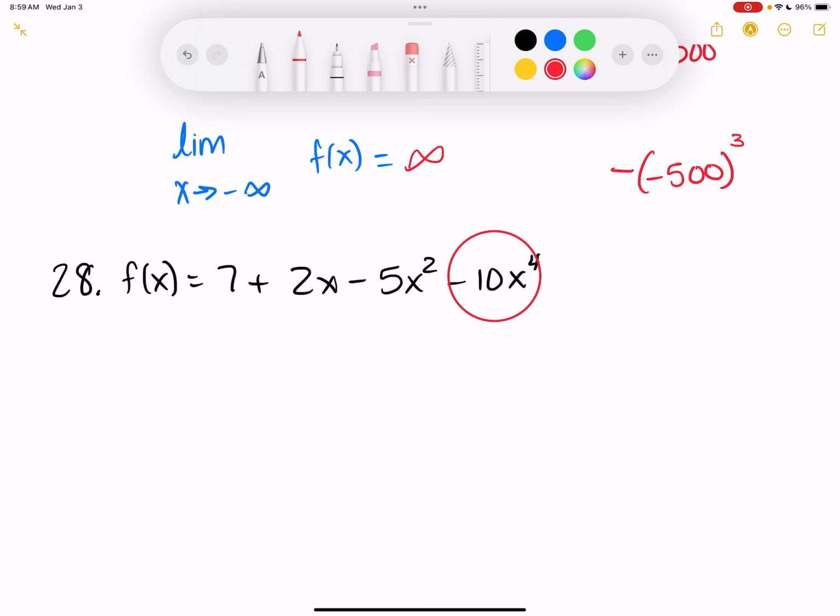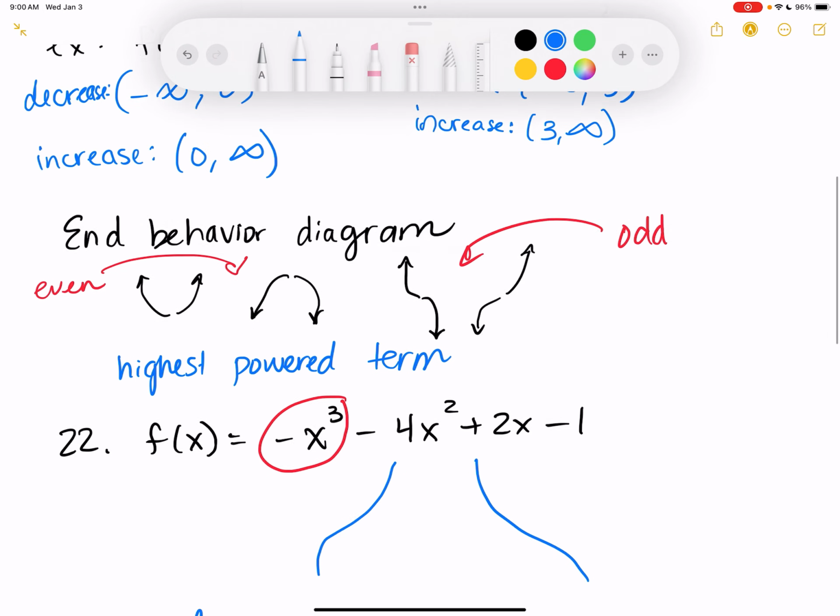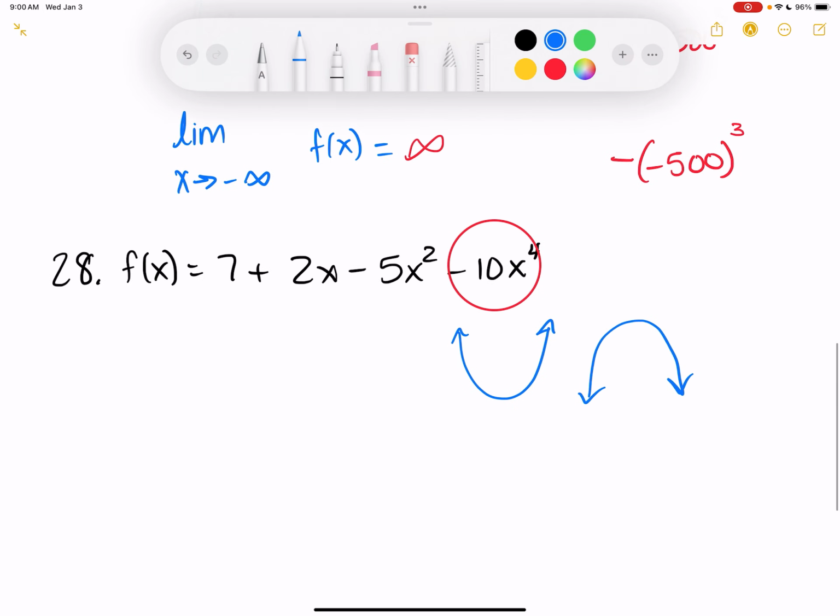All right, so this is an even power, meaning that it's either both going up to positive infinity or they're both going down to negative infinity. Okay? So I know that I'm looking at, no, this isn't going to look like this, but they're either looking like this or they're looking like this, just visually for you to see it. So I'm going to look at the limits again. The limit as x approaches infinity, so as x goes to something like 500,